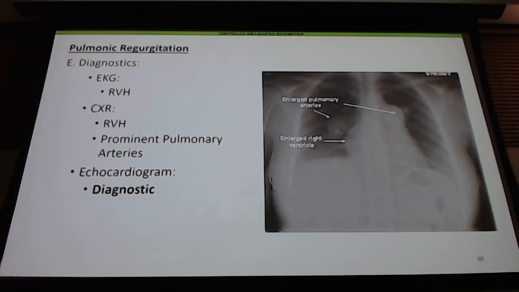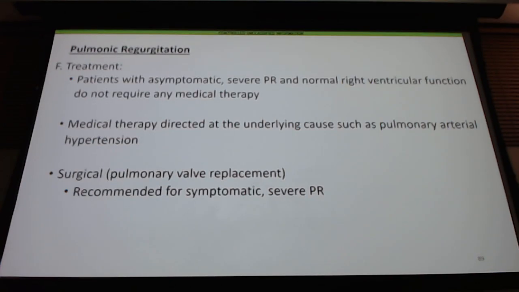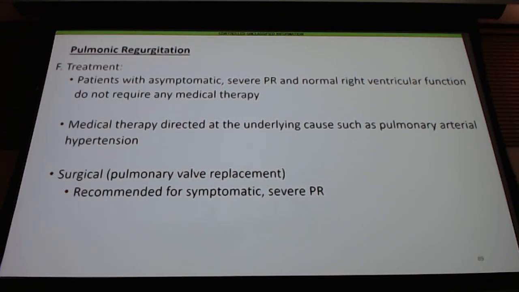And then when we look at EKG, you're going to see that right ventricular hypertrophy. When we look at X-ray, we may see that right ventricular hypertrophy if it's pronounced enough, but your echocardiogram is going to be your test of choice for it. And patients tend to be